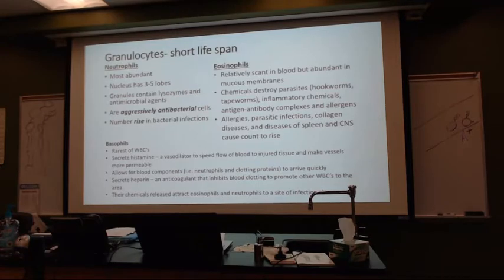And this means it speeds the flow of blood to an area. For example, right now, I don't really want to use an allergy. Let's think about